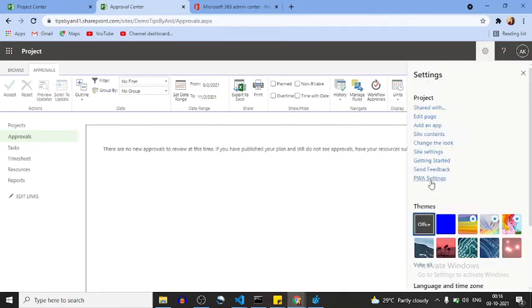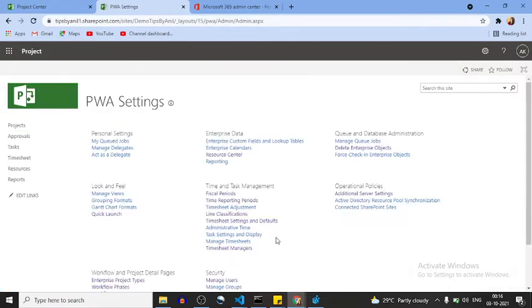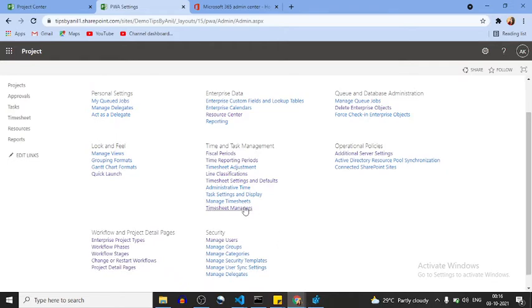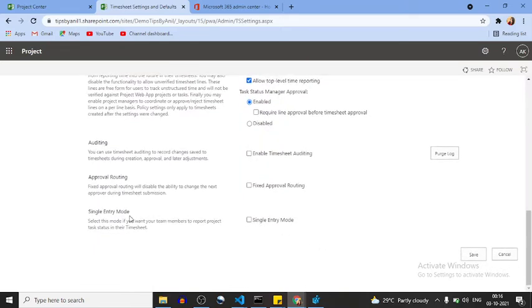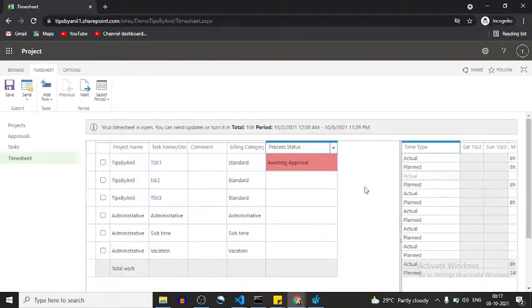We have to do one more setting for that. That setting is in timesheet settings and defaults. Here we have one option: select this mode if you want your team manager to report project task status in their timesheet. Click on single entry mode. Click on save. Now whenever it will show up, approve.